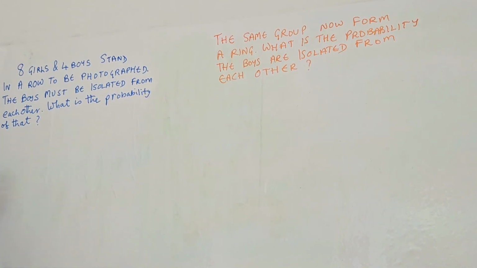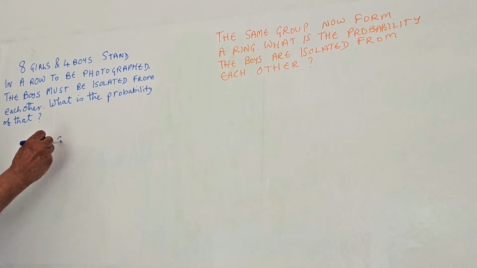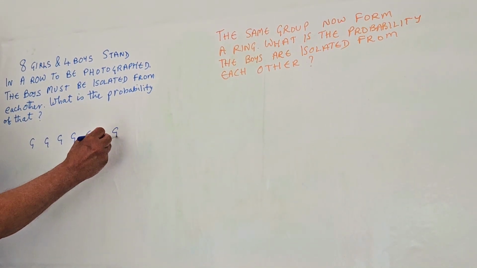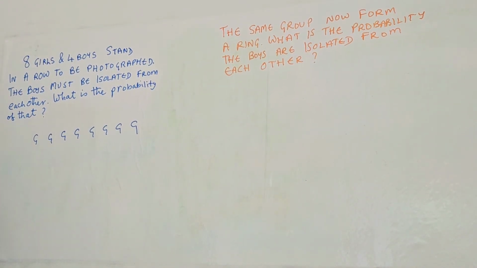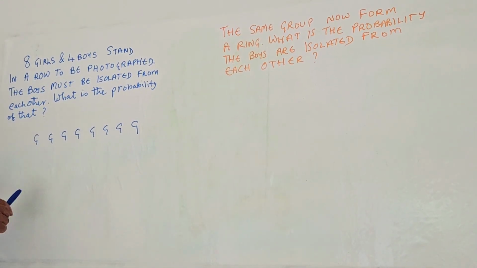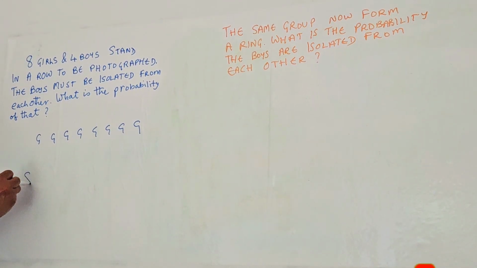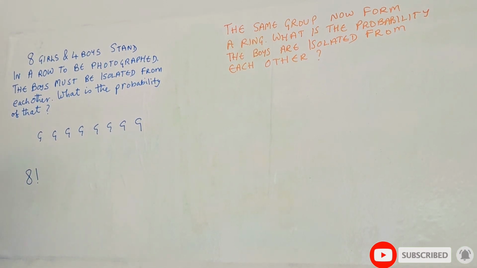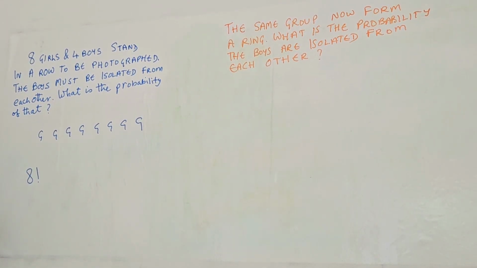Well, let's see. We've got 8 girls. 1, 2, 3, 4, 5, 6, 7, 8. Now remember, these are all distinct individuals, so the number of arrangements of these 8 girls is 8 factorial, which means 8 times 7 times 6 times 5 all the way down to 1. Now there are 4 boys,